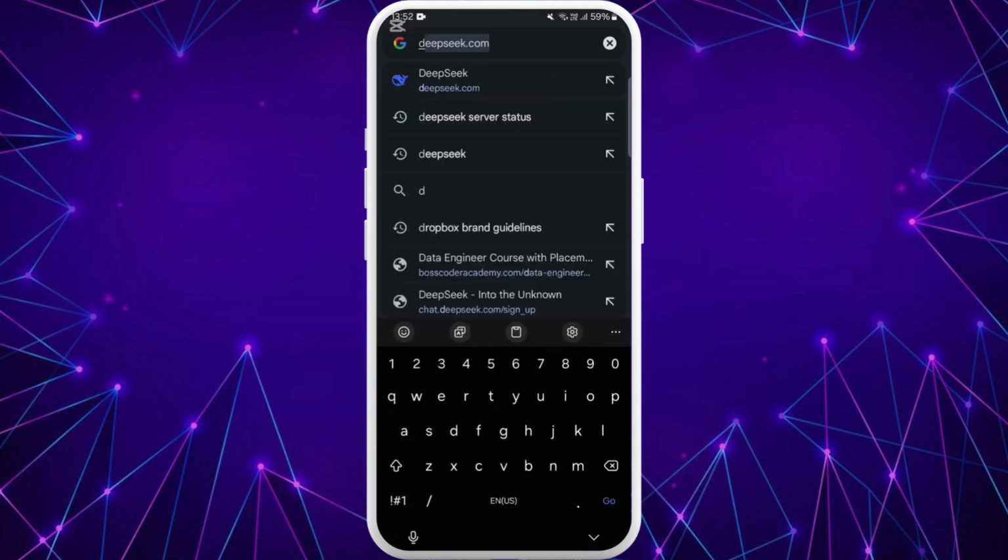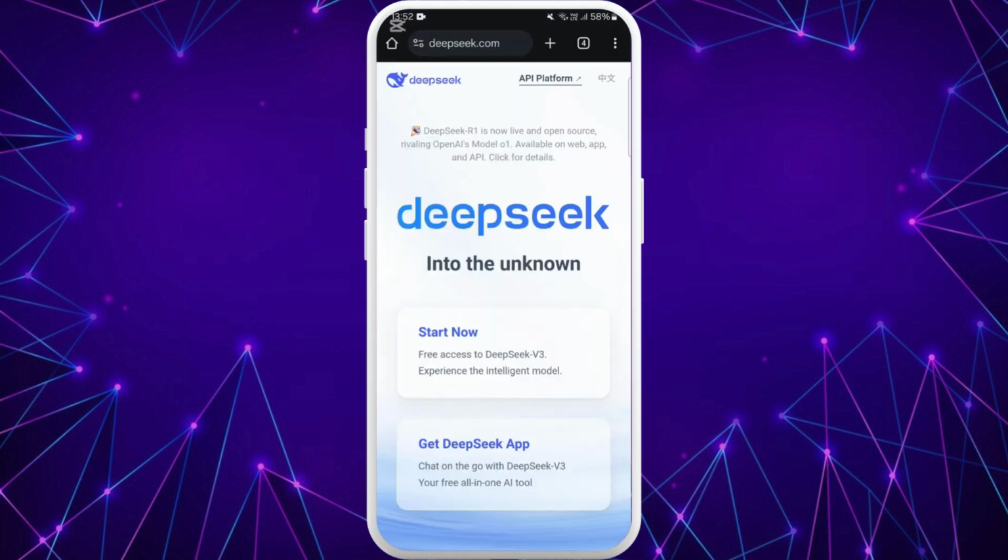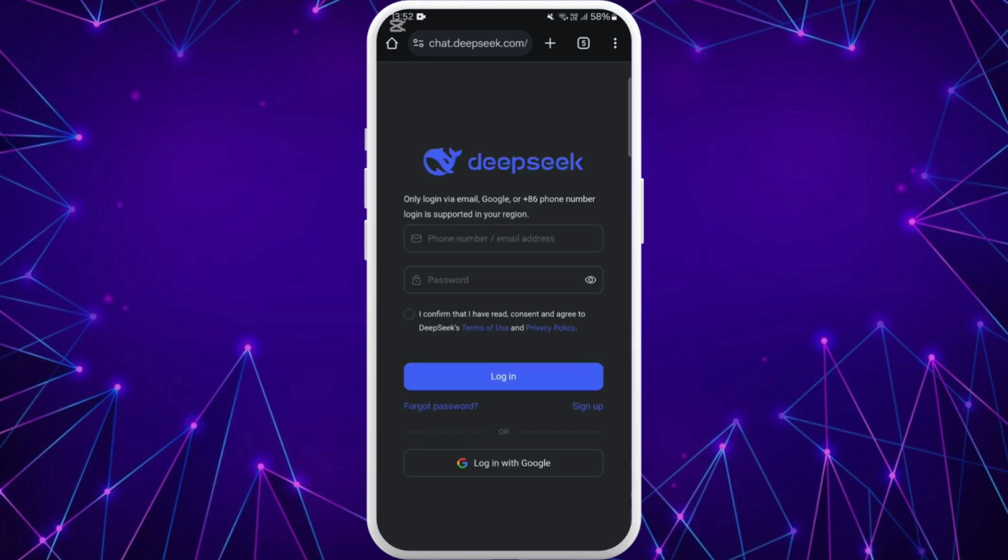On your browser, search for Deepseek and navigate to its website. On its website, select this Start Now option. It will take you to the login page of the Deepseek AI. And when you try to log in, if the Deepseek AI login is not working, it might be because of